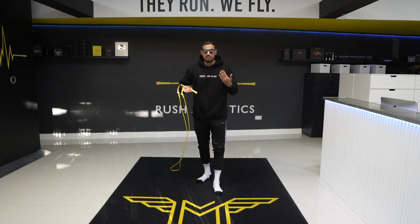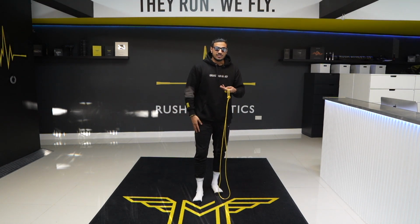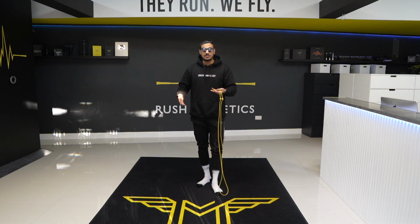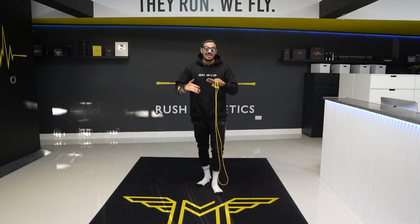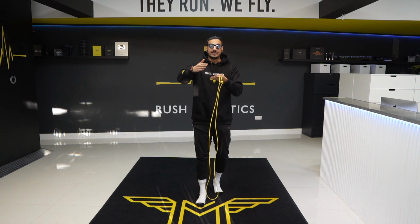Now I stand here with my socks on and no trainers, and you might be like, bruv, you haven't got trainers on, but my body's been conditioned. I've been skipping with socks for literally since I started. So my body's been conditioned to skip like this. And the only time I've ever been injured skipping is because I overtrained badly, and I didn't look after myself,